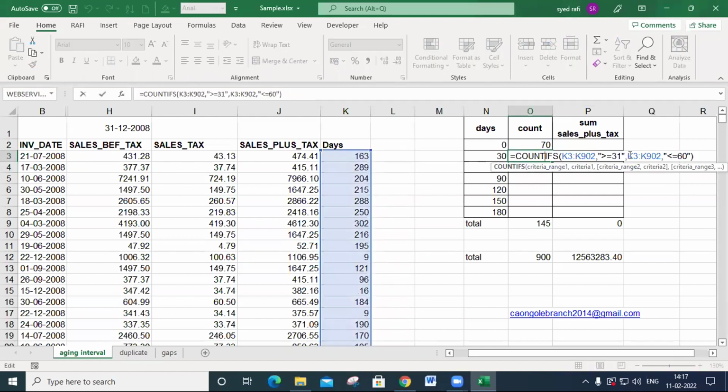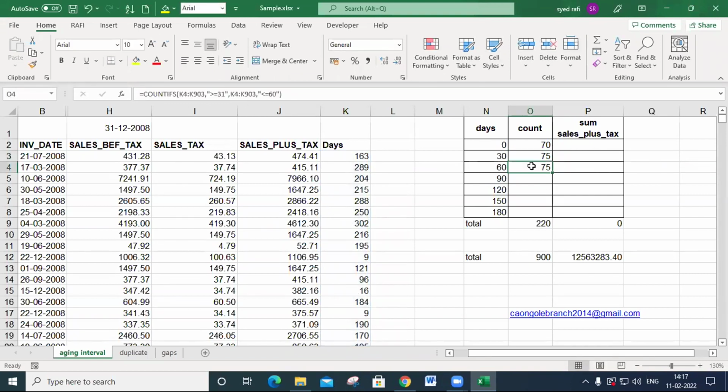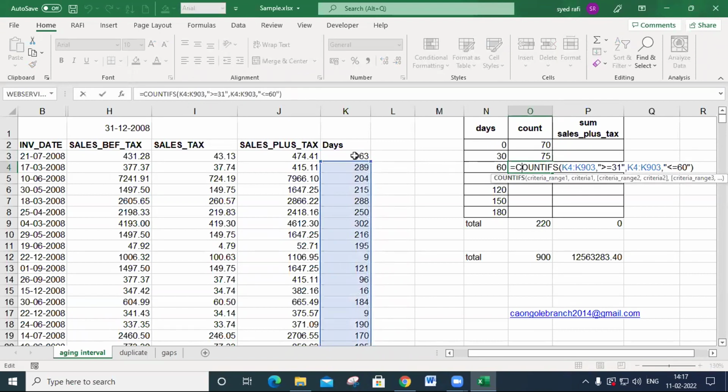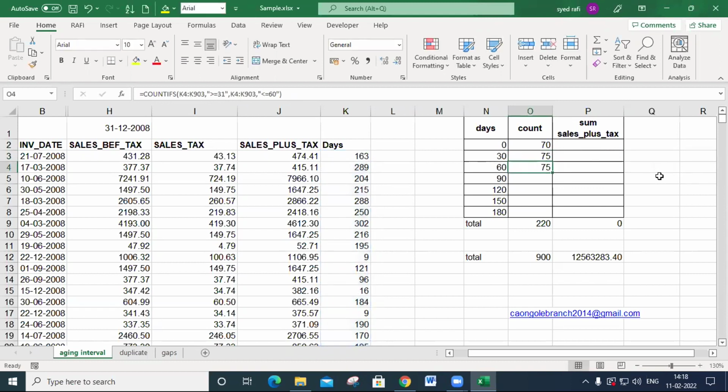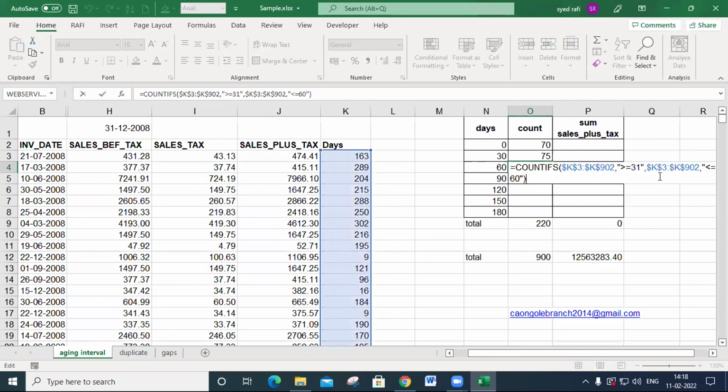Yeah, like this. If I put it like this, this is a relative reference. While I press Ctrl D, what happened? Instead of K3, one cell will be moved to the bottom, which is wrong. So this reference must start from here. That's why I make this one an absolute reference by pressing F4. By pressing F4, it makes an absolute reference. Now you may copy with Ctrl D. By pressing Ctrl D, the above formula will be pasted below and we get this answer.